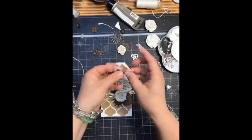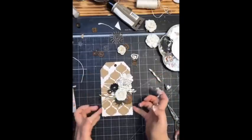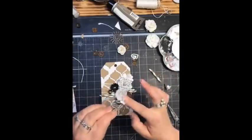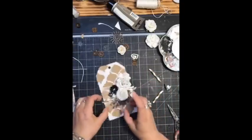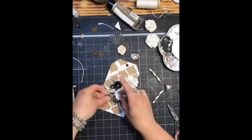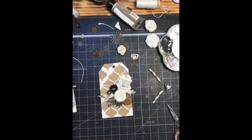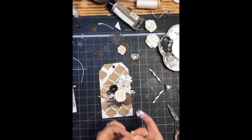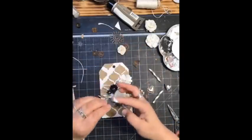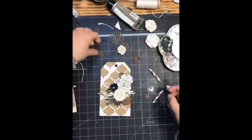There's a butterfly, maybe I should use the butterfly somewhere. And then some smaller ones. Maybe metal leaf next to the flower. That makes sense. This seems to be too flat, so I'm looking for some button to make it a little bit more interesting. And I need something bigger on the top, something heavier. So I'm just adding another layer under the flowers and something nice